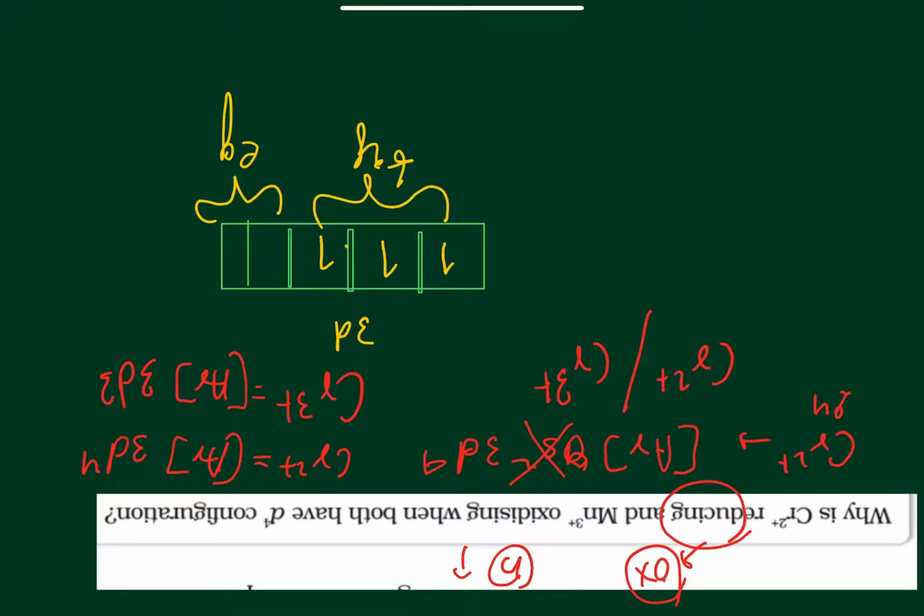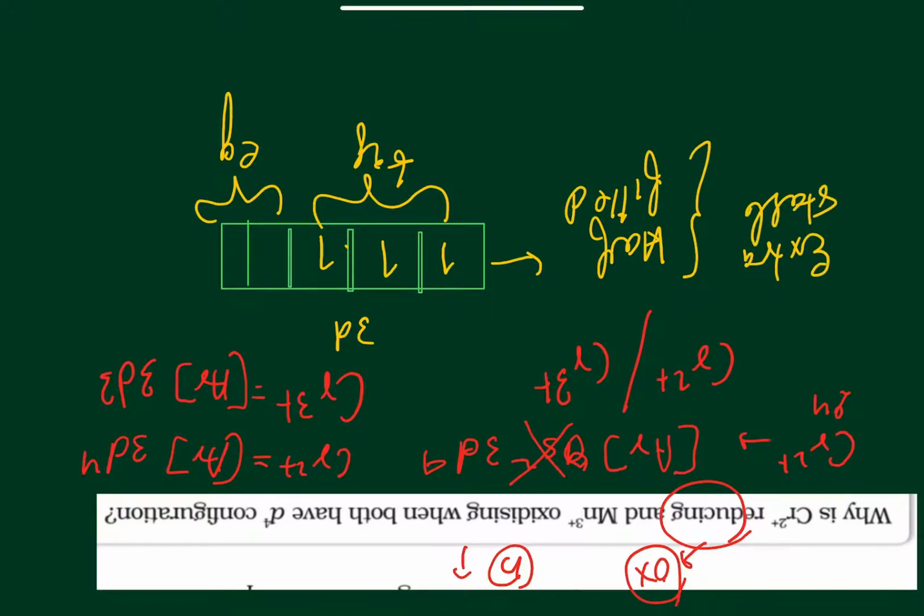The t2g orbitals have a maximum capacity of 6 electrons, 2 per orbital, so 3 orbitals for 6, and they are half filled. You already know half filled and fully filled subshells have extra stability, so this is extra stable. The thing to understand is that whenever a substance is reducing, its oxidized form will be very stable. So chromium going from chromium 2 positive to chromium 3 positive becomes stable because its t2g is half filled, and half filled is extra stable.